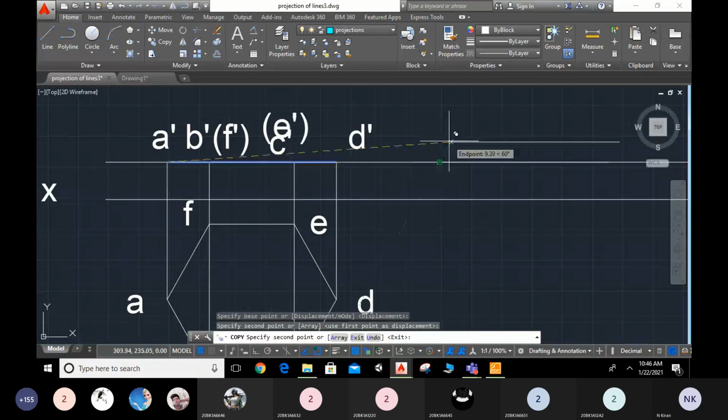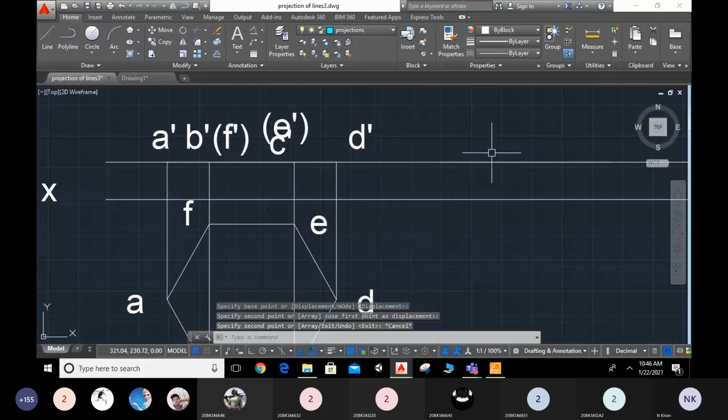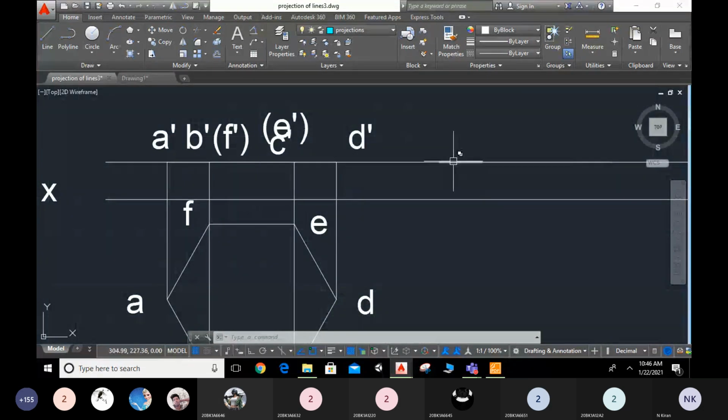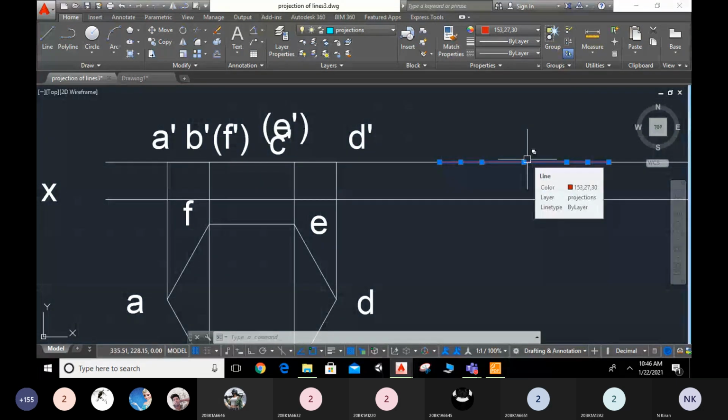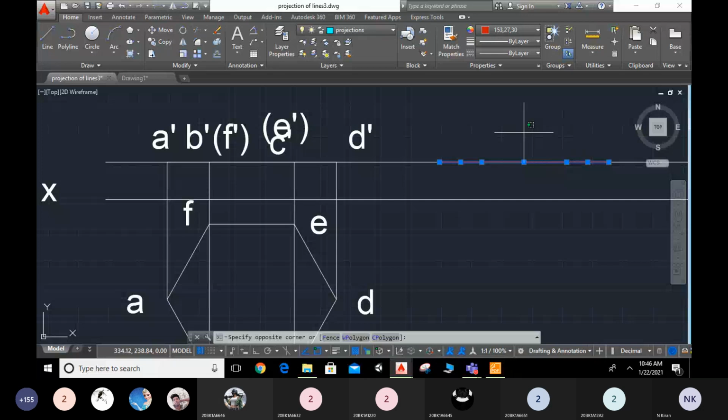Okay, somewhere here. Now, if you observe this one, every point is different. So instead of that one, what I will do, I will make a selection up to here and I will change the color. Now can you see the points directly? See, this is the A dash and here it is a midpoint, and here B dash, F dash, and this is a midpoint. And this is A, like that. You can place these points again the same.